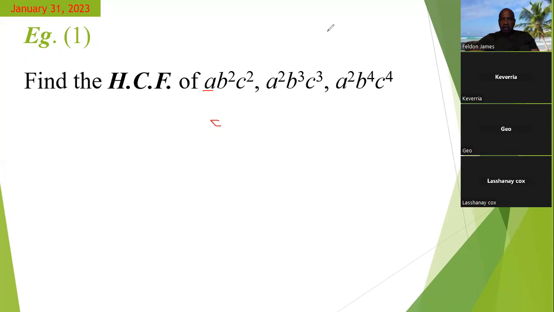Sir, you can go again, please. All right, so I was saying, in order to find the HCF for letters in terms, you first have to look at all the terms. This is one term. This is another term. The terms are separated by the commas. And we want to find the HCF of all of these terms, the highest common factor. So we say first and foremost, you need to look to see that